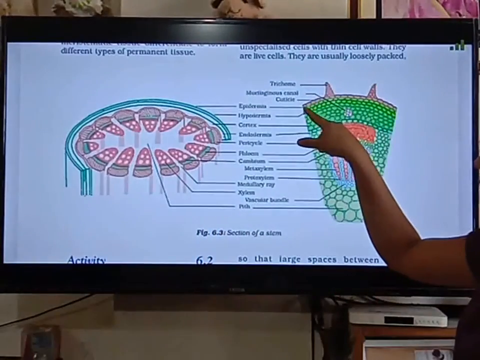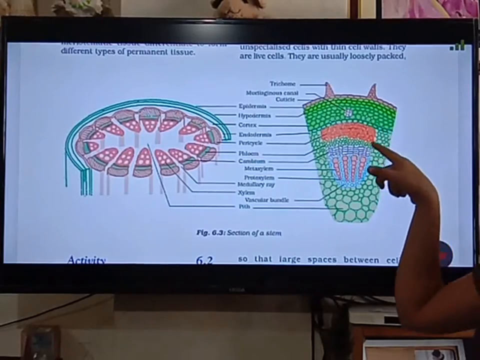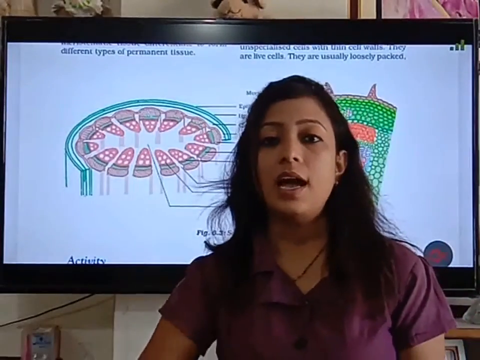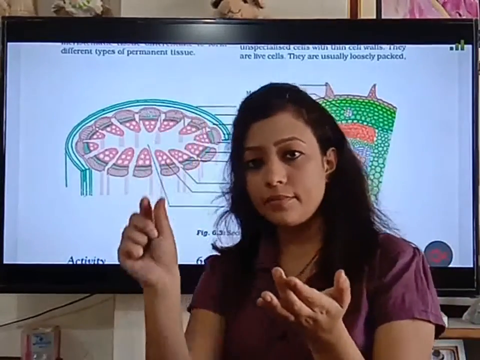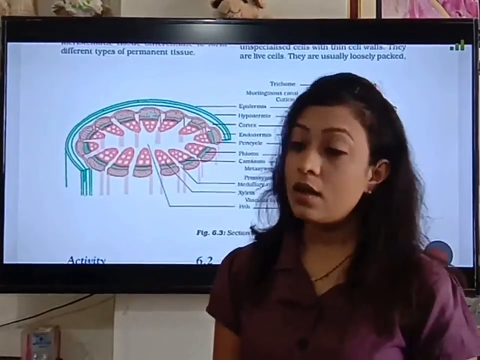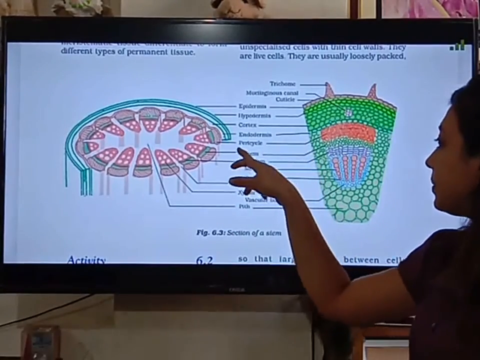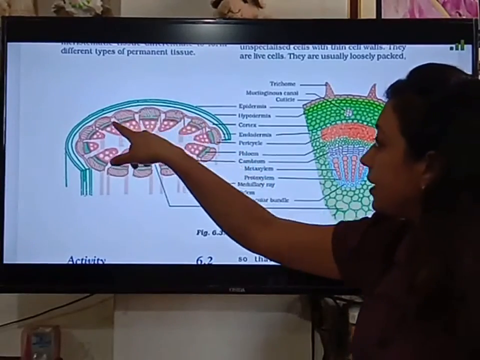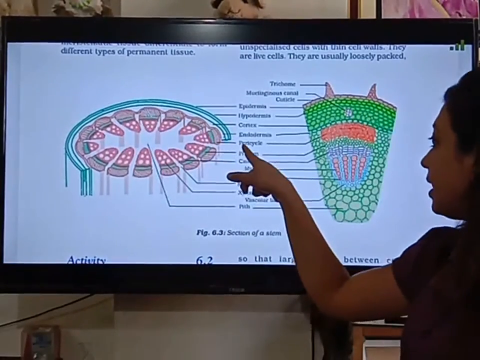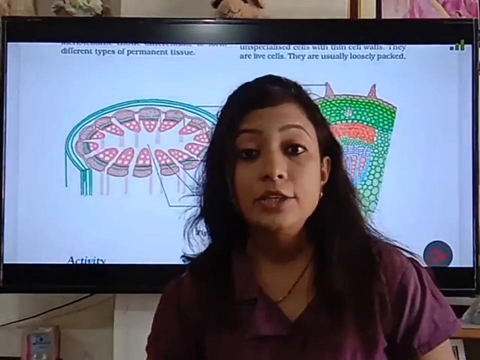You can see here, a single layer of the cell. Here also you can see, children, a single layer of the cell is there. So this epidermis and endodermis are very thin. Only a single layer of the cell is there. So just beneath this endodermis, there is the pericycle, children. Here you can see the lines drawn for the pericycle. So this is the pericycle,